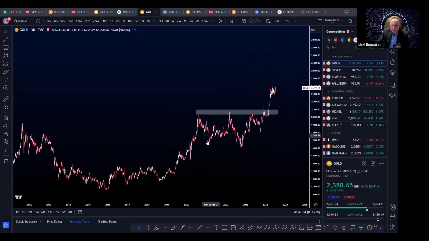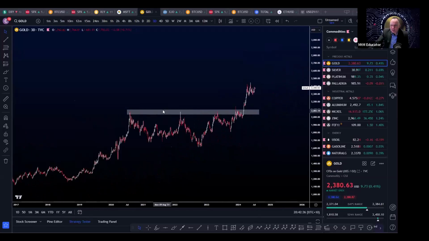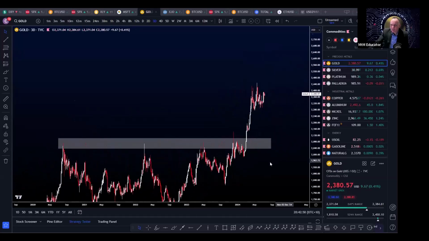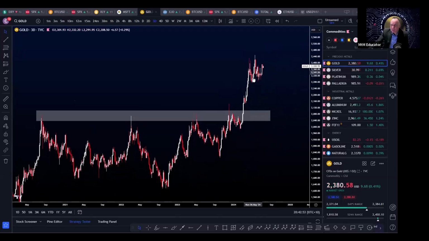Gold has sat in a 4-year consolidation under 2,000. So to break out above 2,000 and not only sit at 2,000 but go up to 2,400, it's healthy to consolidate here for a while, and we're looking for this. Gold and silver respond really, really well with